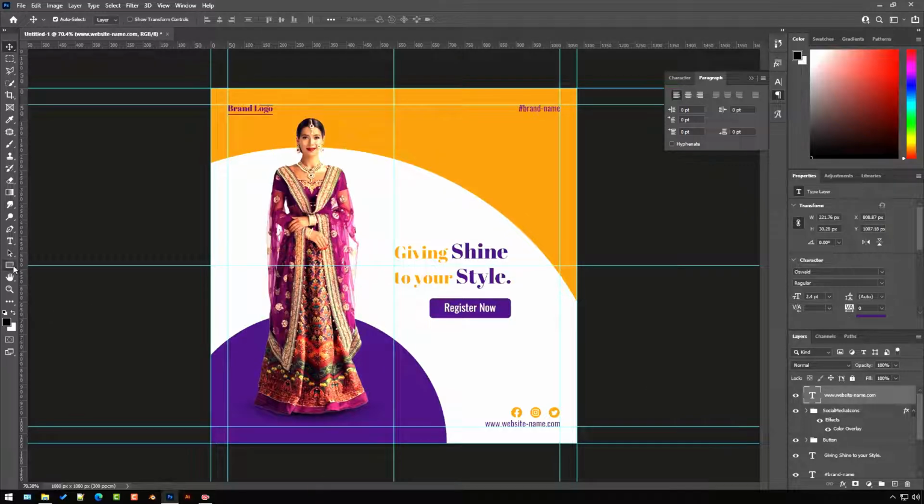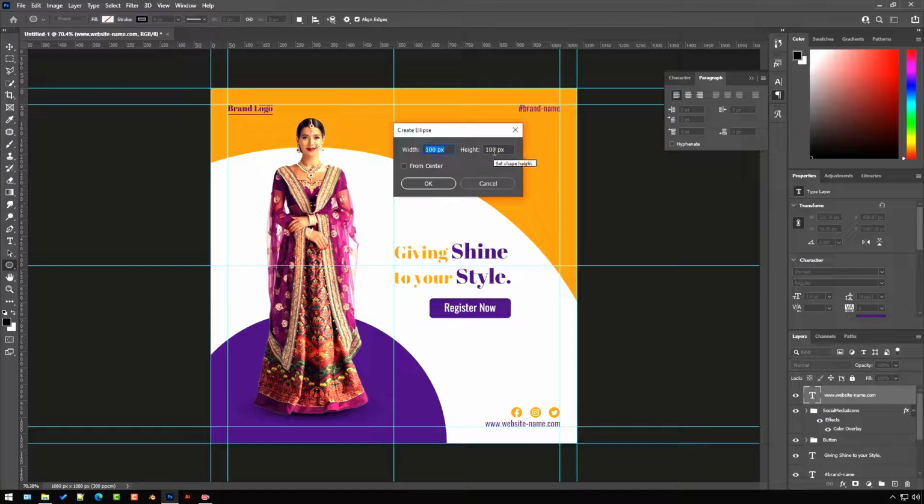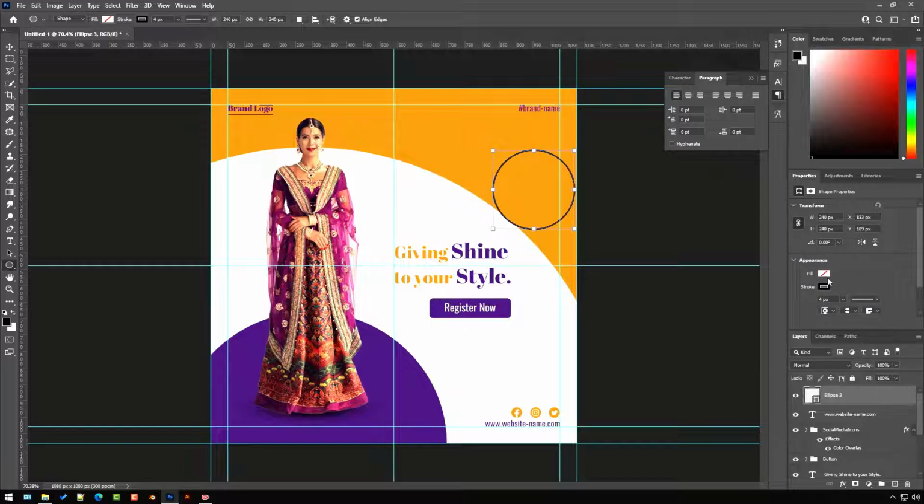Now it's almost done. The last thing we will add is the offer section. So to add the offer section, we will create a circle of size 240 by 240 pixels and add some offer text.